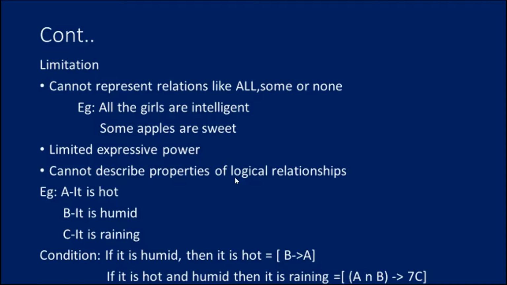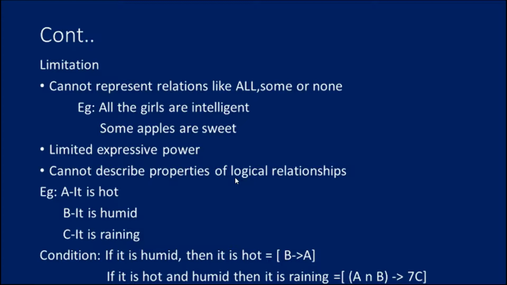What are the limitations of using propositional logic? It cannot represent relations like all, some or none. For example, all the girls are intelligent, some apples are sweet. These terms cannot be used in propositional logic. That is the limitation here. Next, limited expressive power. Expressive power is very limited. It cannot describe properties of logical relationships. What is he related to? What is she going to be related to? That cannot be represented. So the propositional logic, we can say it as a